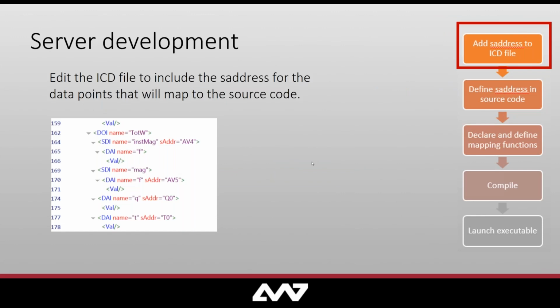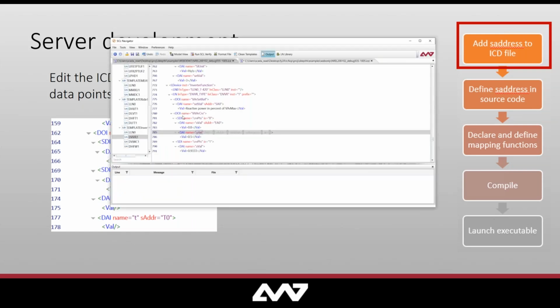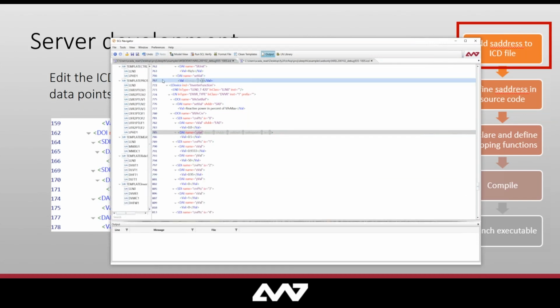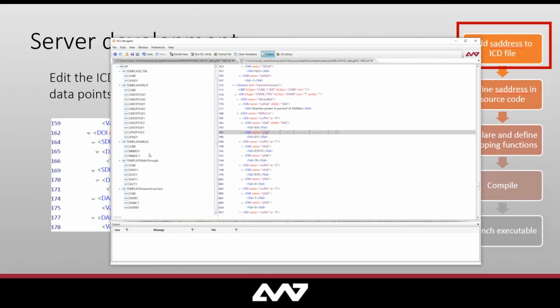There are 5 steps that we need to go through in order to develop an application. The first one would be the ICD file development. Just opening the SCL Navigator here to go over the ICD file. As Joel mentioned, we're using the SCL Navigator to create this file. As you can see, for a PV inverter, we have these multiple logical devices that we've added in here. There's one for protection, measurement, for write-through curves, and then also volt-var, and frequency-watt curves.